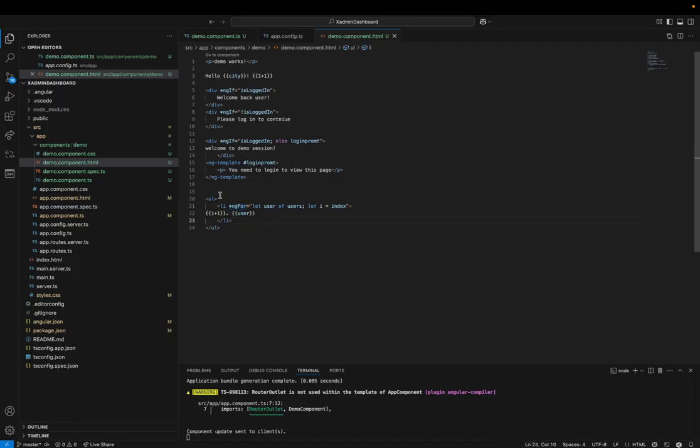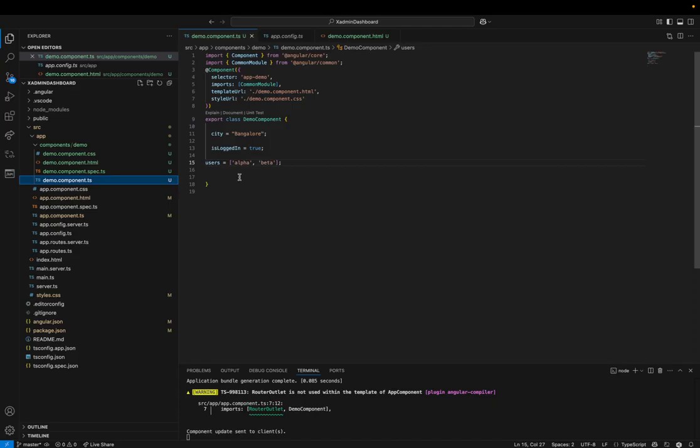All right, so this is an example with a simple list. Now let's see the second example. In that, we can use a nested list. Okay, so let's say that I have one users nested with the name. And this is an array, right? And in this array, I have, let's say,